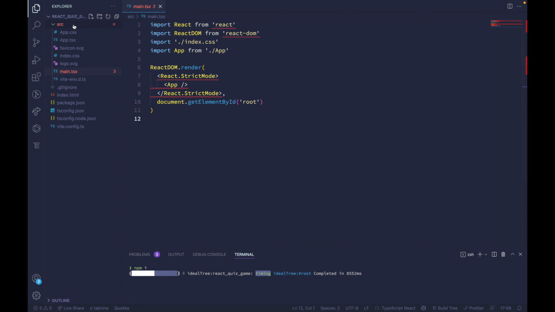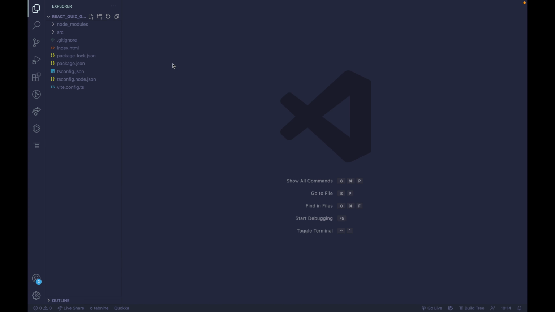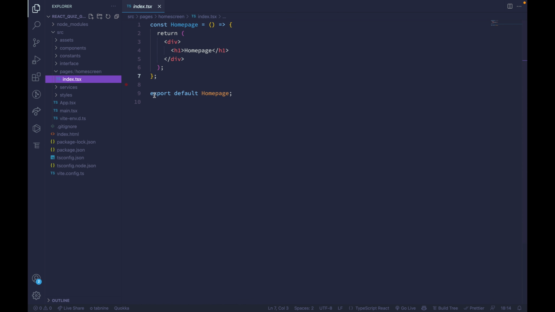And meanwhile, I'll just go ahead and add some folder structures here. We will be adding a simple folder structure for our React app. So let me go ahead and do it. So this is the folder structure that we'll be sticking with. And inside src, I've made a couple of folders: assets, components, constants, interface, pages, services, and styles. And inside pages, I've created a home screen, which is basically an arrow function which returns some JSX named home